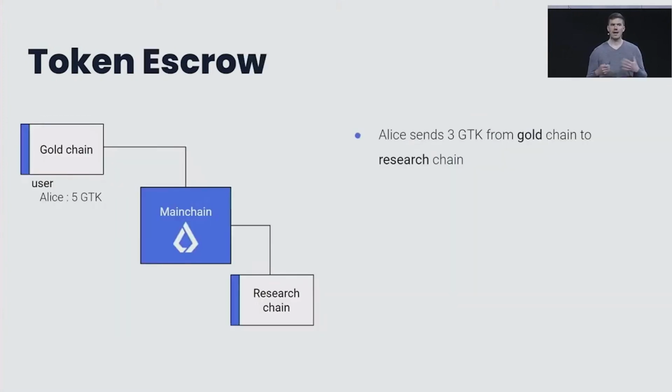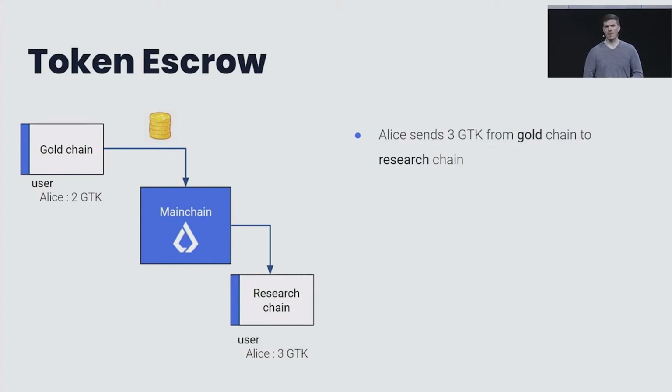Let's say that you have a gold chain connected to the ecosystem and a research chain. And we have a user, Alice, who owns 5 gold tokens and wants to send 3 of them to the research chain. The basic way of doing this would just be to say, okay, we subtract the 3 gold tokens from Alice's account on the gold chain, and we credit them on the research chain. And this seems